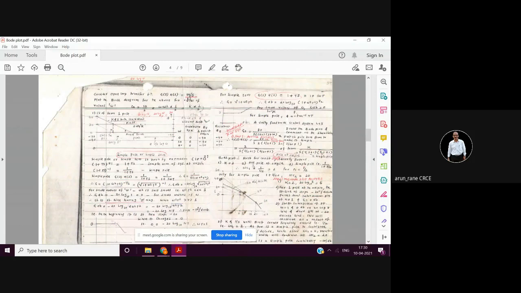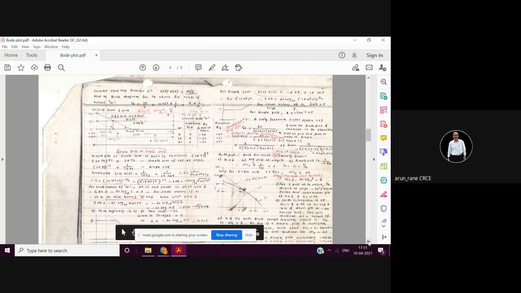Okay, so the combined effect of 10 upon s will be like this, and like this. So this is your final Bode plot, like this and like this. If it is only 10, I am repeating again, if it is only 10, the Bode plot will be a straight line like this. If it is only 1 upon s, the Bode plot will be like this. Since it is 10 upon s, the Bode plot will be like this and like this. Okay, understood? Yes, sir.